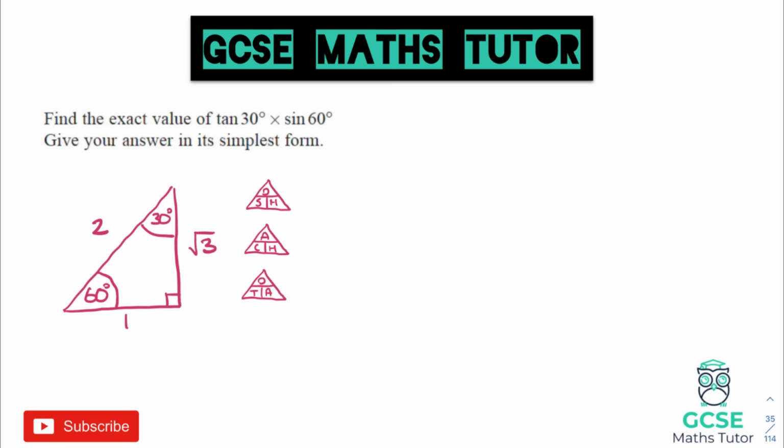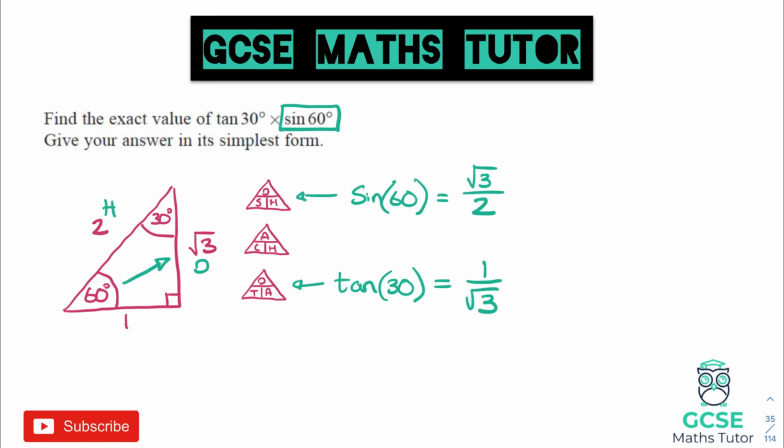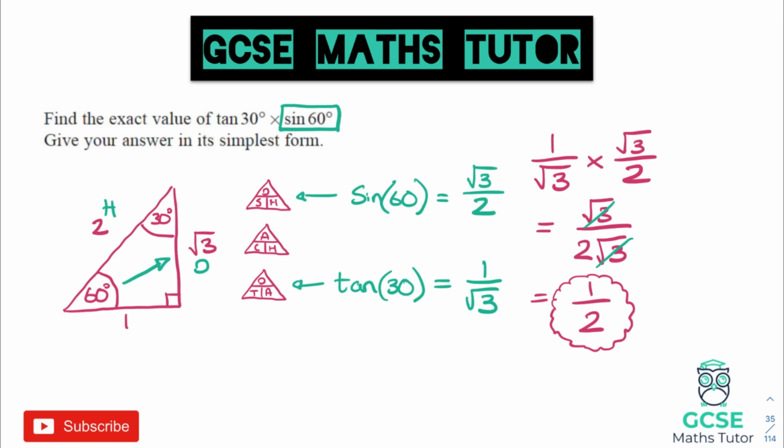So I recommend you look at the triangles like this, or any method that you've used, write them down and find any values that are in the question. Tan 30 here is opposite over adjacent, 1 over root 3, and sine 60 is opposite over hypotenuse, which was root 3 over 2. This actually asked us to multiply them together, so just remember all your normal rules of